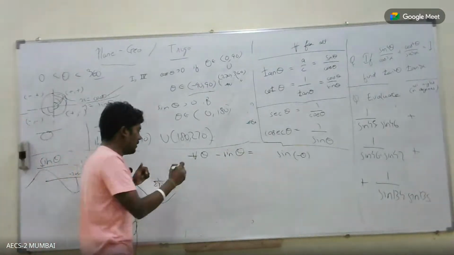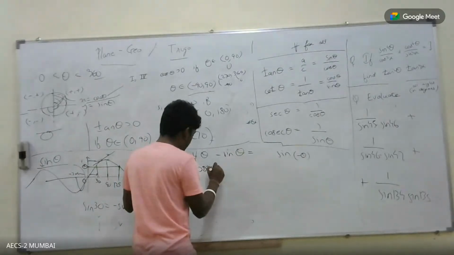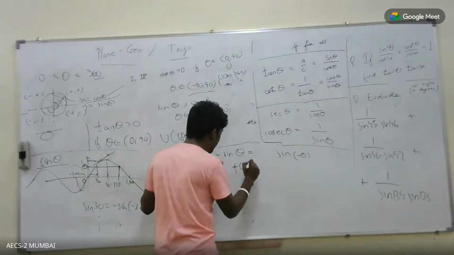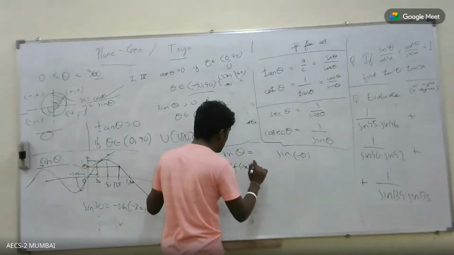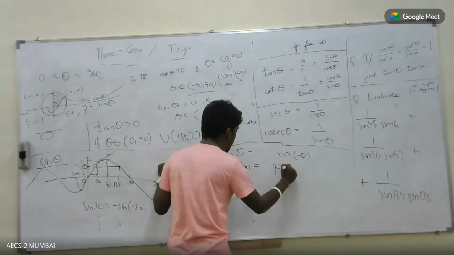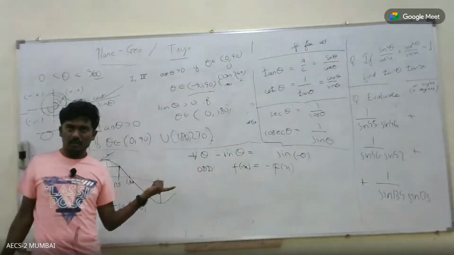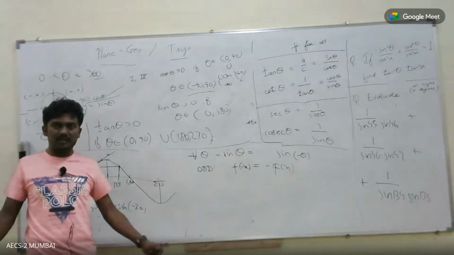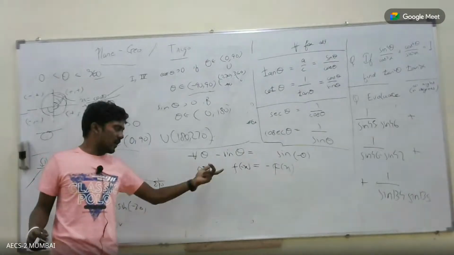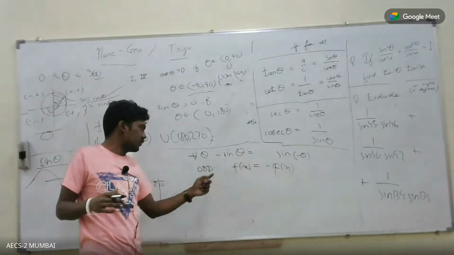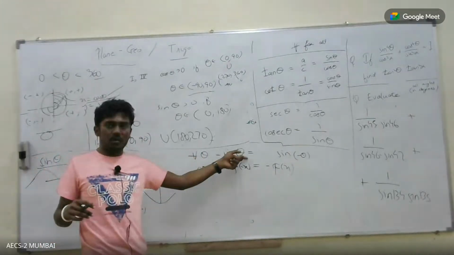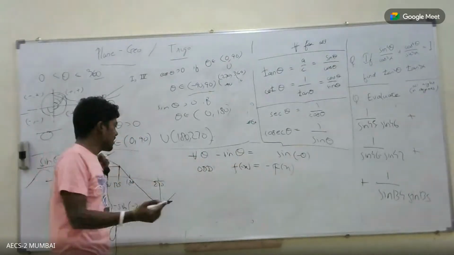Right? In general, any function that satisfies the property f of minus x is equal to minus of f of x is known as an odd function. Why odd? There's no real reason, it just looks odd, right? So f of minus x is equal to minus of f of x. If a function satisfies this property, it's known as odd. Very clearly, sine is odd, right? Similarly,